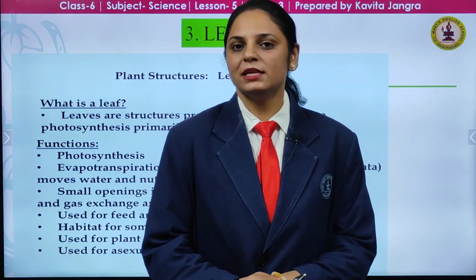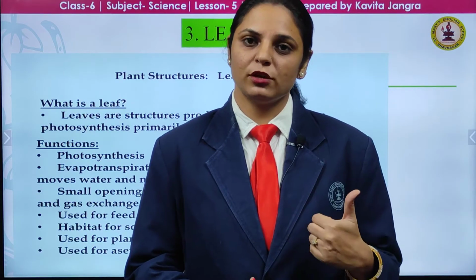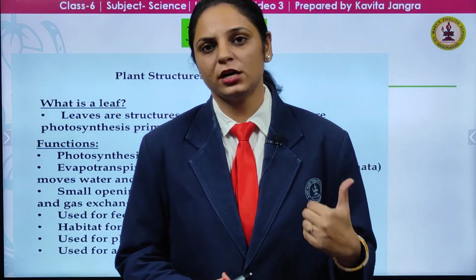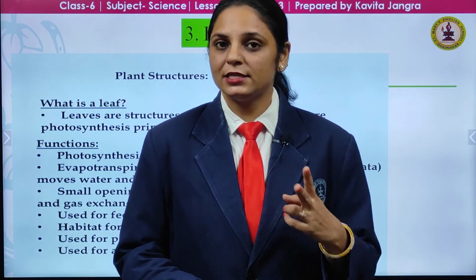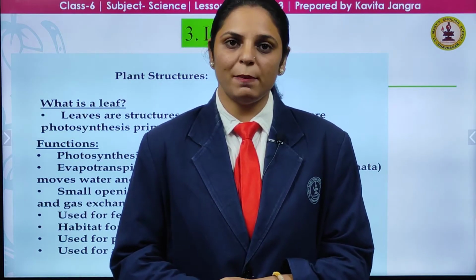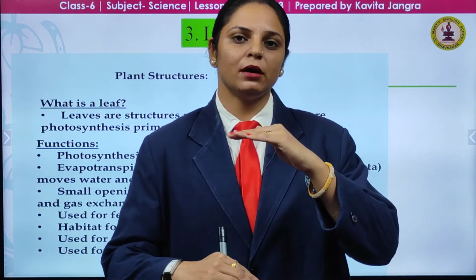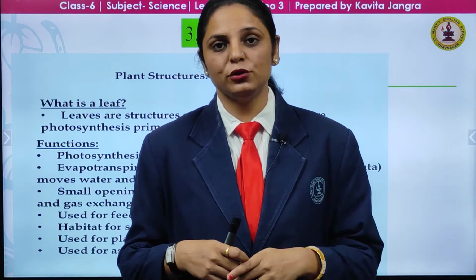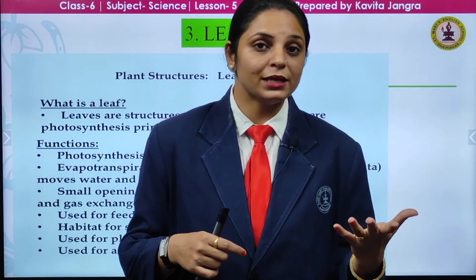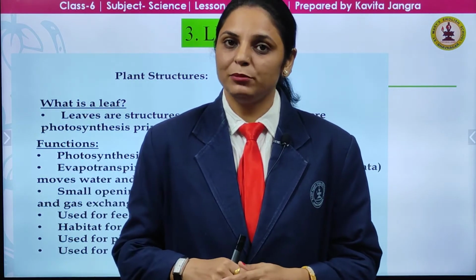Welcome back students. As in my previous two videos, you have heard about the classification of the plants: herbs, shrubs, climbers, creepers and the trees. In the second video I showed you the different parts of the plant, that is the root that grows below the ground and the shoot that grows above the ground, and I showed you different types of roots. What are they? Yes, that is the taproot and the fibrous root.